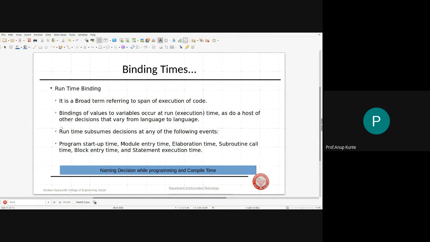Elaboration, this word means when you are executing a particular module. So module entry means you are entering the module. Module elaboration is when you are executing the module. One module may have different subroutines. So you may be calling a subroutine or a function from a module, and when you call that function,